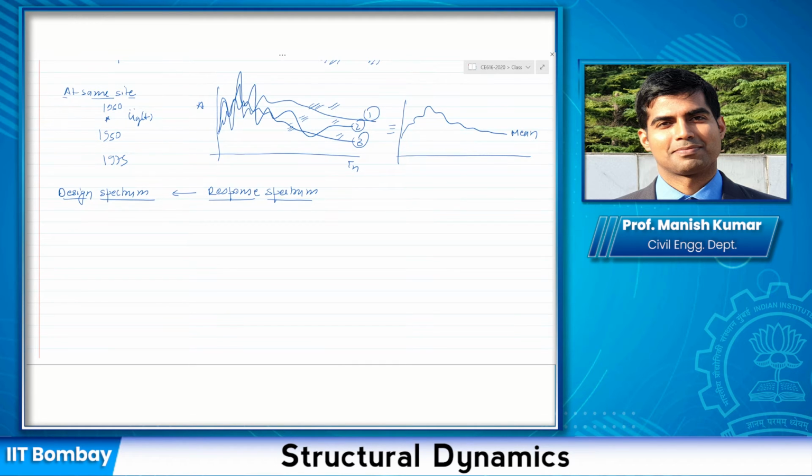Now we can do one more thing. If this is the mean, then at each time period, can I also find the mean plus standard deviation? Okay, so that would be somewhere around this. Let us say a little bit larger, because mean plus standard deviation would be higher than the mean value. Okay, this is also the 84.1 percentile. Then as a designer, you don't want this much uncertainty, where you have these many response spectra and just by changing the time period from here to here, your design forces are increasing by 50%.